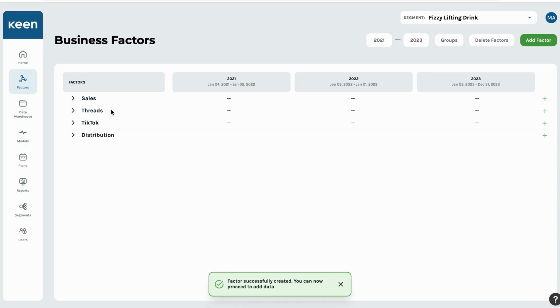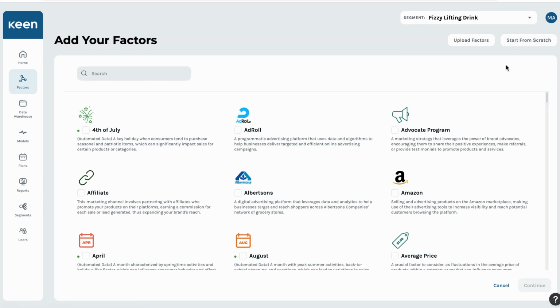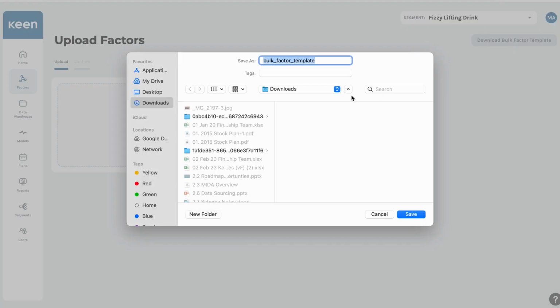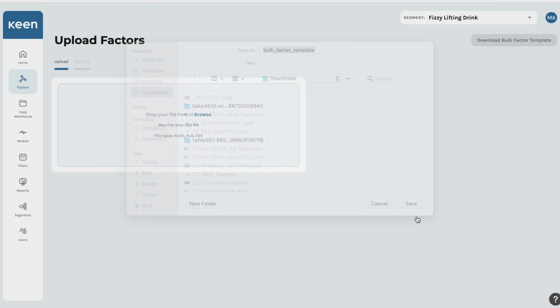So now we've got Threads. And as you can see, as you and I talk through all the different investment levers that you use, we can start to build out this business factor sheet. There are a couple other ways that you can add factors here. You can also upload factors. So if you've got a file, you can immediately upload it. But first, what I'd recommend here is downloading the bulk factor template. What this is going to do is just give you a very simple